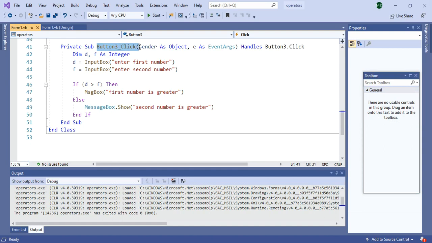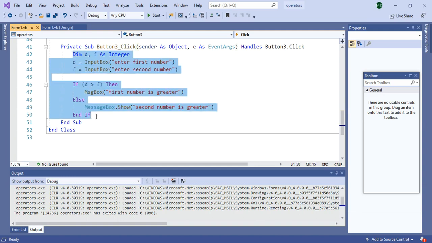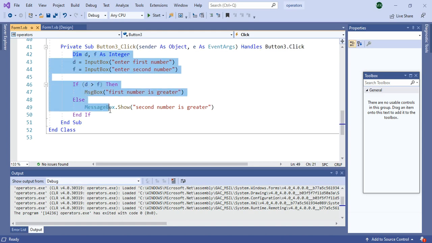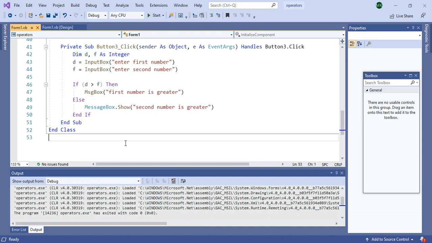Button 3 click event means when you click on that button, which code should be executed, what action should be taken, that code you will write here. Between this line, which is your starting line, and End Sub, which is your ending line, you will write the actual code. Now we will see code.